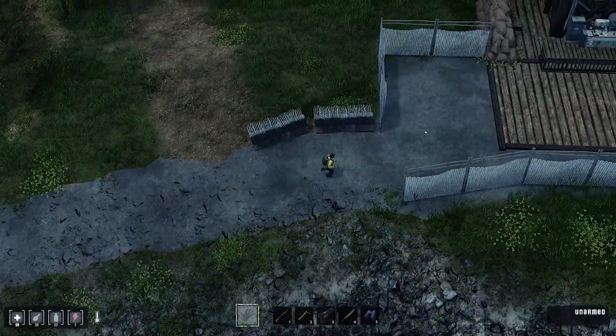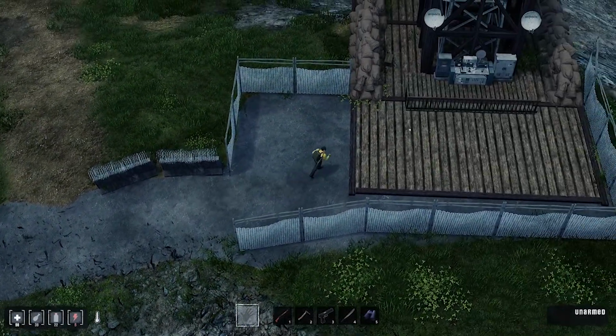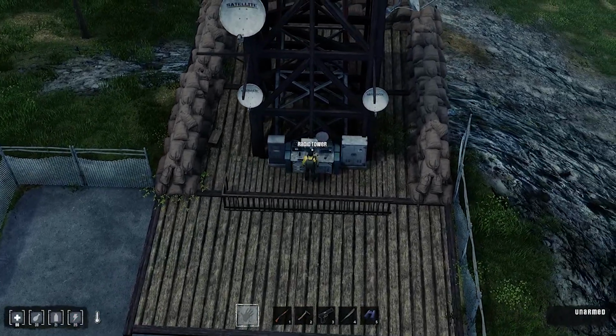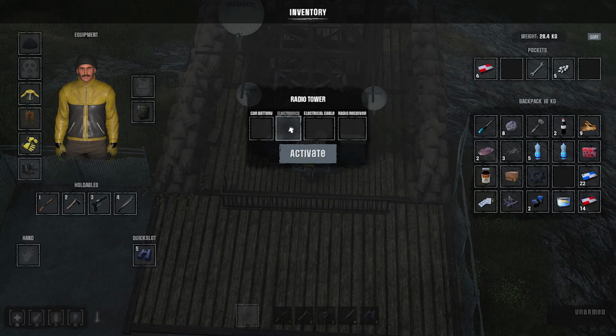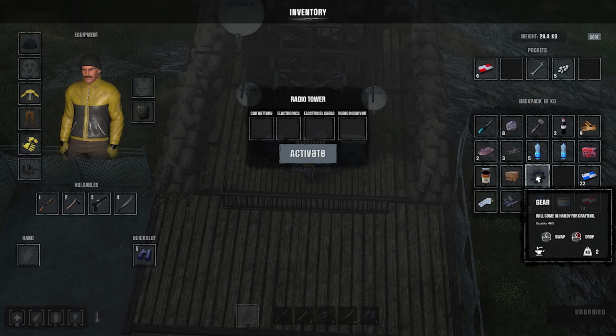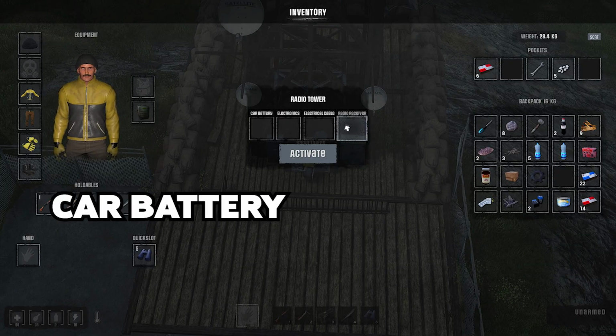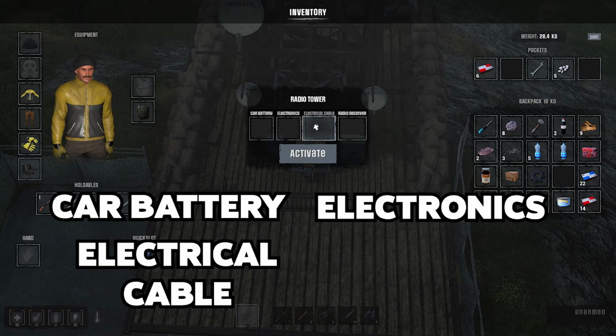You'll need to re-establish connection with the radio tower by installing it with some parts, kind of the same way you did with the car. And if you're watching this before you've even made it to the radio tower, you might want to make note of these specific items. In order to repair the radio tower, you'll need a car battery, electronics, electrical cable, and